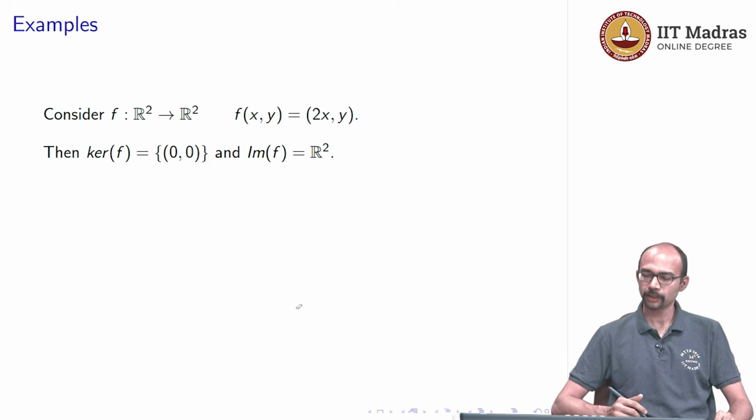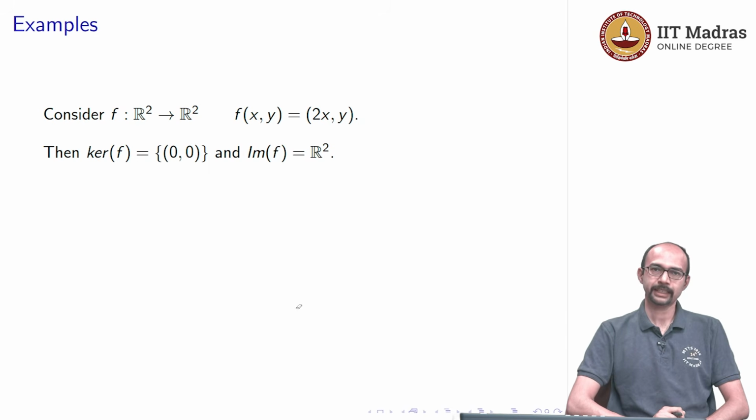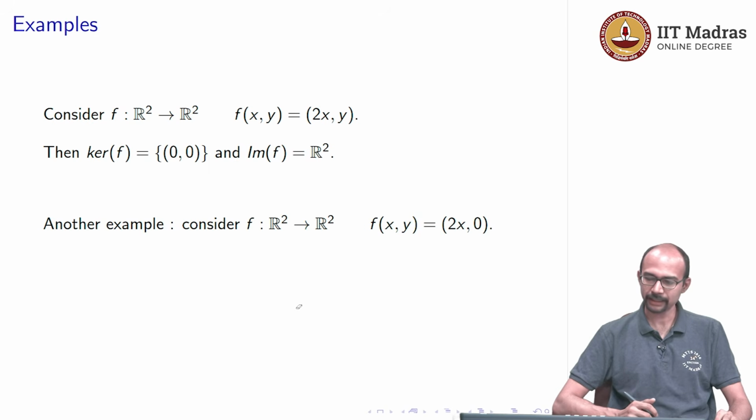Okay. What is the image of f? The image of f is the entire R2. Why is that? If you want to write a vector w in R2 as the image of some element, then what would you do? Suppose w is equal to (u, v). Then you look at (u/2, v), and if you apply f on (u/2, v), you get 2 times u/2, which is u, and v. So, that tells us that (u, v) is in the image. So, every vector (u, v) is in the image,